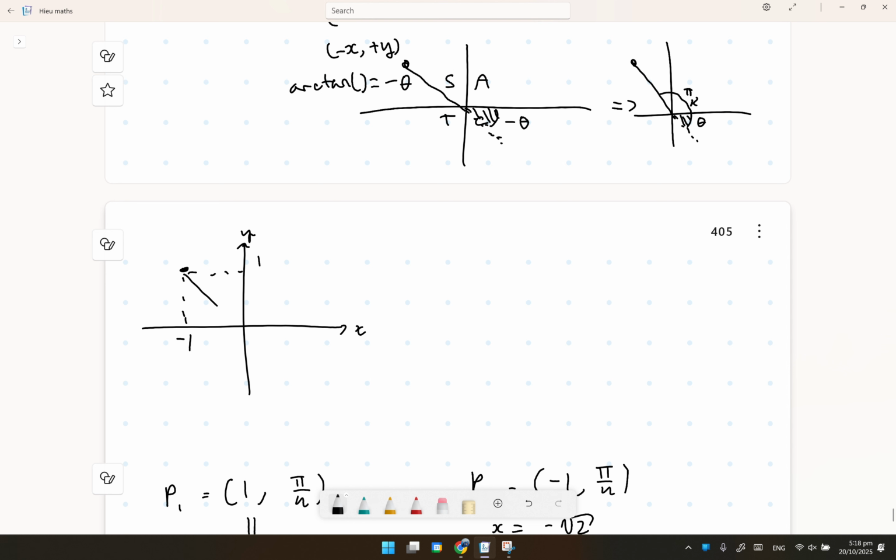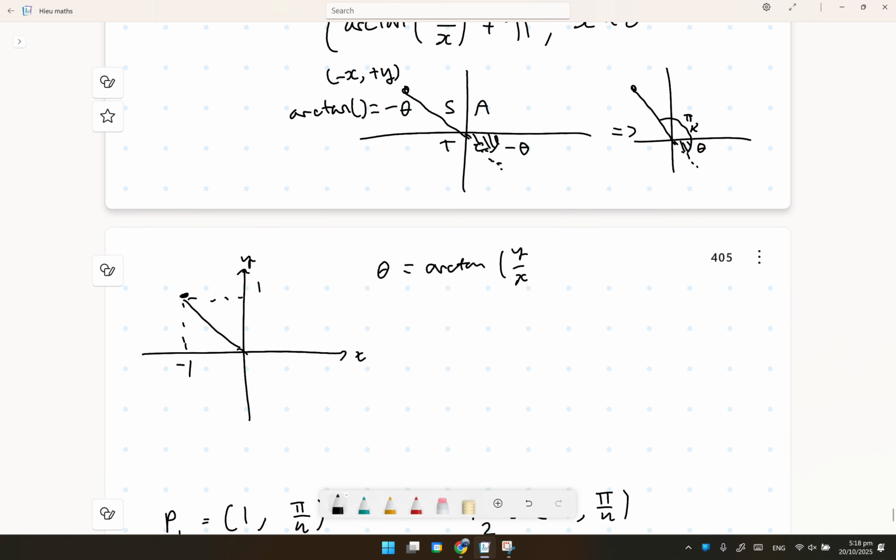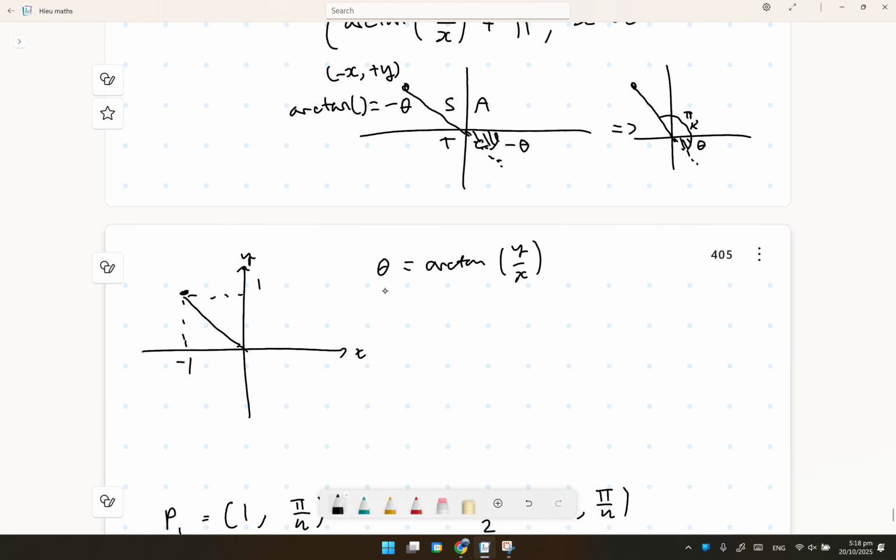Why is it like that? Okay, let's try to think about this. If theta, which we're looking for, is equal to arctan y over x as the equation specifies, and let's say it's not plus pi, what we have when we have arctan of y over x,